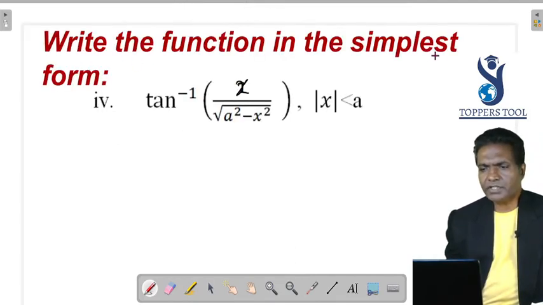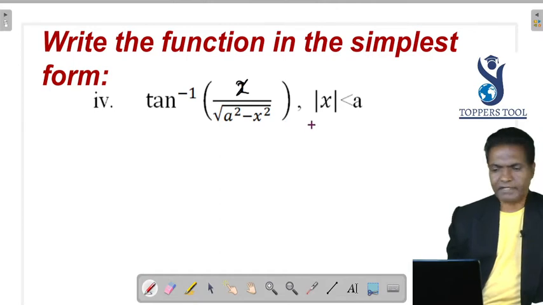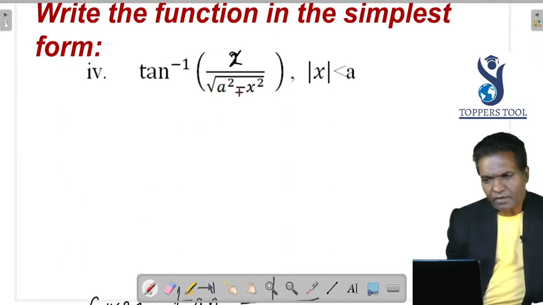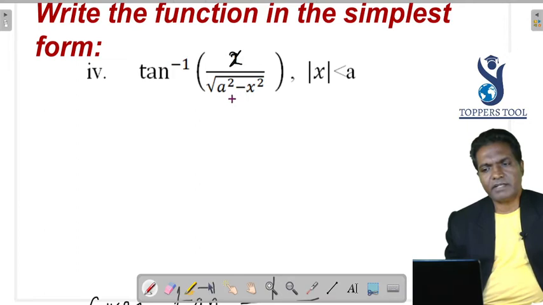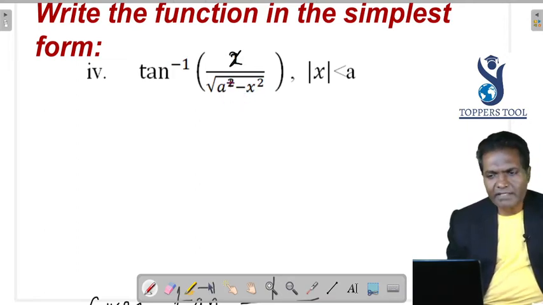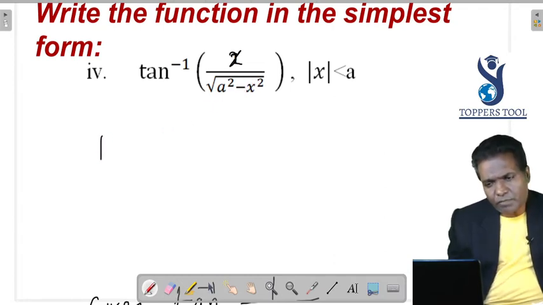Write the function in the simplest form: tan inverse of x by square root of a square minus x square, where mod of x is less than a. Now see here, whenever you find a square minus x square, that is 1 minus x square form, try to make it in the form of 1 minus sine square. You have a square here, so here there must be a square. So you put this,